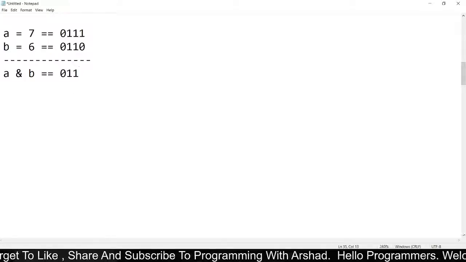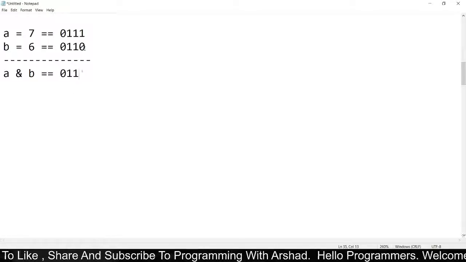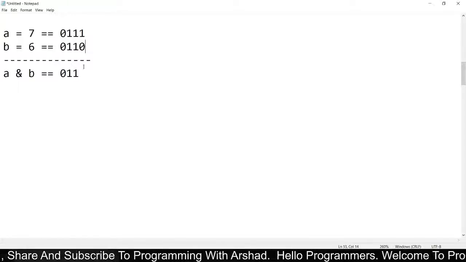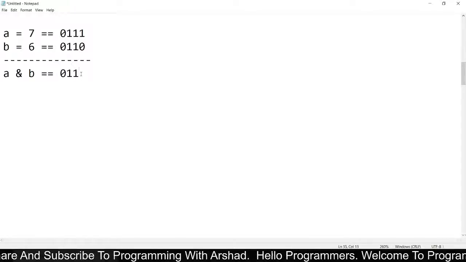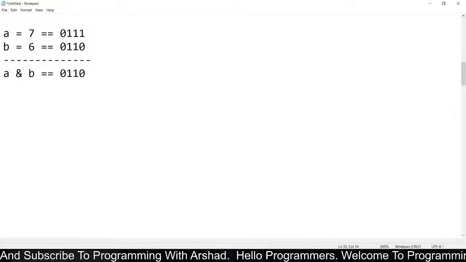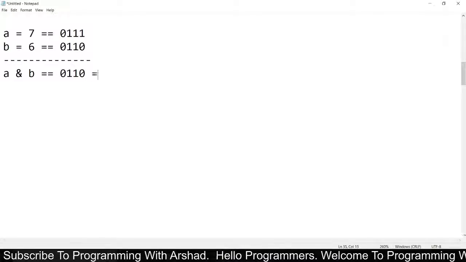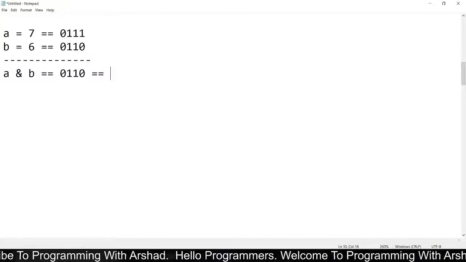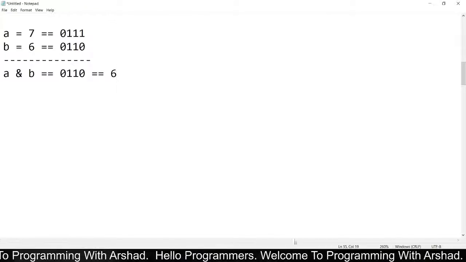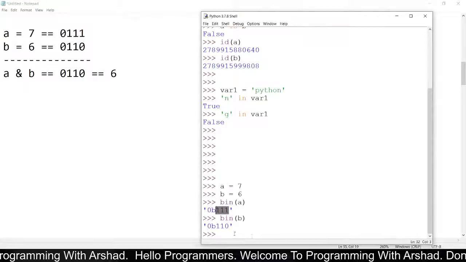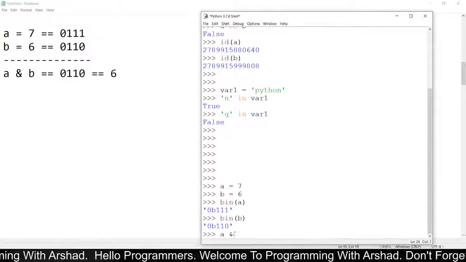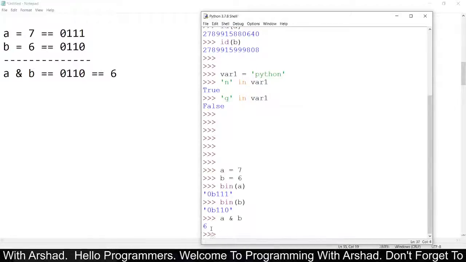In the final case one bit is 0, so it will return 0. The equivalent decimal number for this binary number 0110 is 6. Now if I say A and B, you can see we got 6 here.